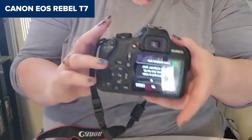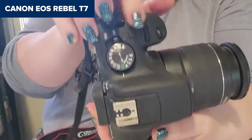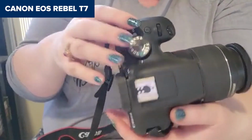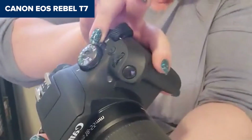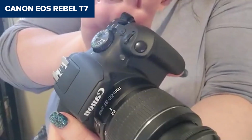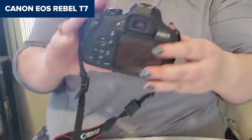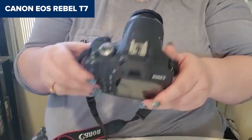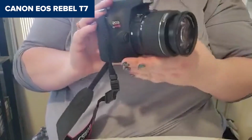With only 3 frames per second for burst shooting, a fixed non-touch LCD screen, and a very basic 9-point autofocus system, it's not built for action shots or video work. Plus, there's no 4K video, and autofocus during video is on the sluggish side. If you're looking for a simple camera to learn manual controls or something to gift to a beginner, this might